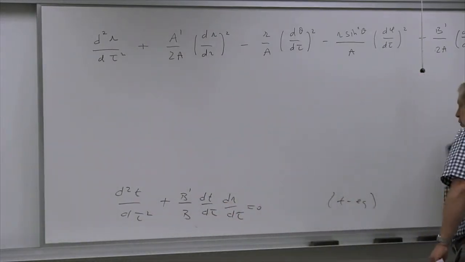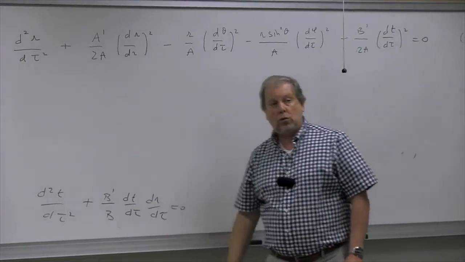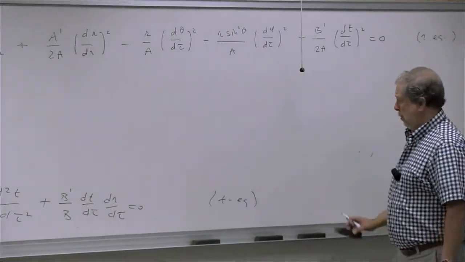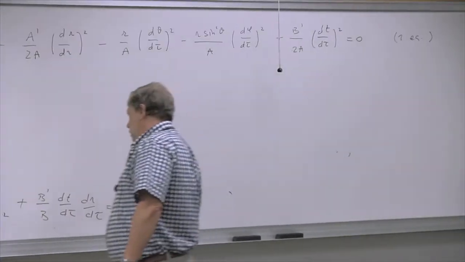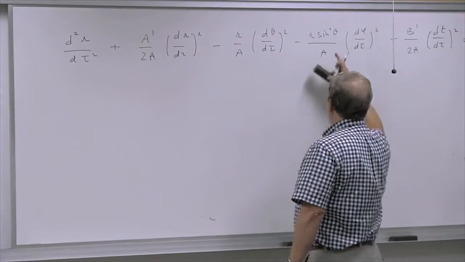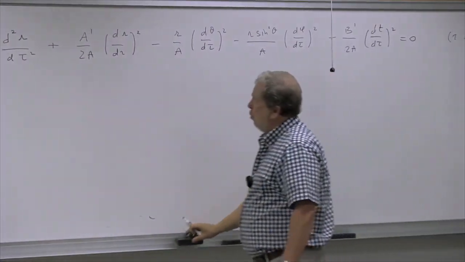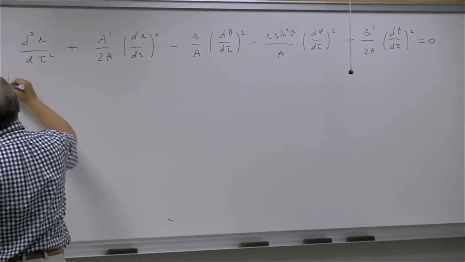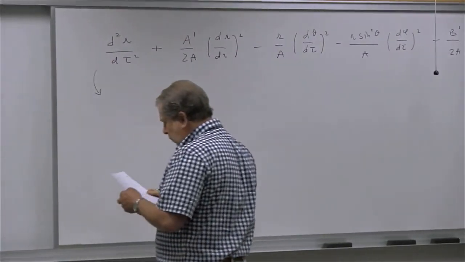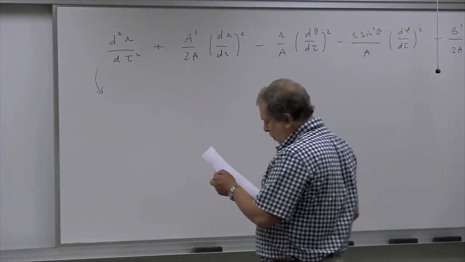The last equation is the one I've rewritten there at the bottom, which is going to allow us to trade the proper time for the time t. And so that will come at the end. So we have here the angle. We made a choice that the angle is equal to pi over 2. So we can just rewrite this in the following form,